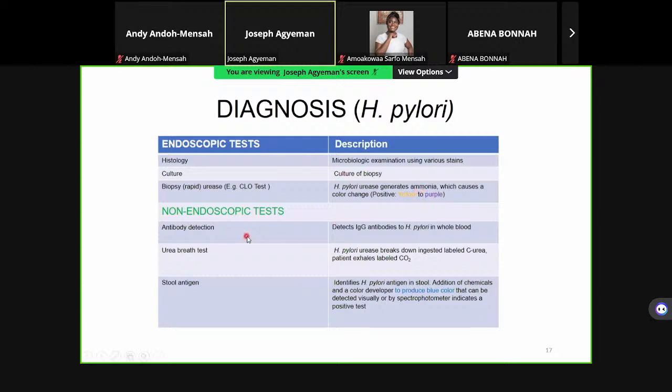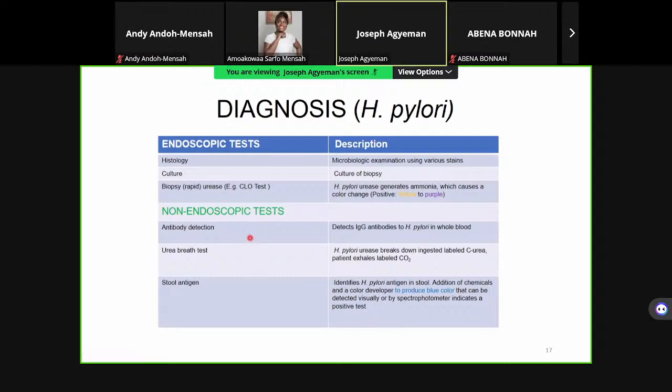If ammonia has been produced, and the test kit contains urea, it means that something has broken down the urea, and that is possibly urease. Who brings the urease? H. pylori. And this will confirm the presence of H. pylori. You can also use non-endoscopic tests. So, for example, you can detect antibodies against H. pylori in your blood. The more common test that we do is the carbon-13 urea breath test,